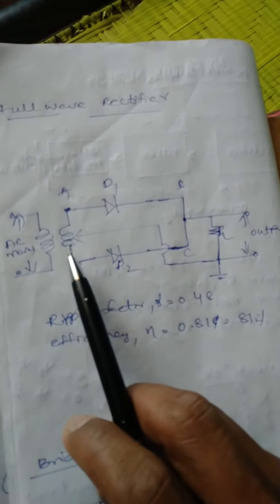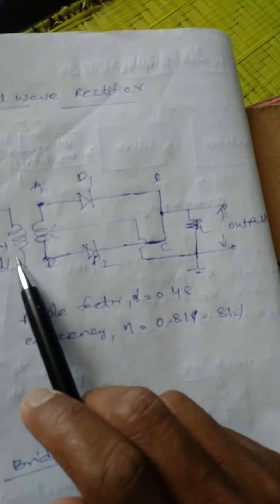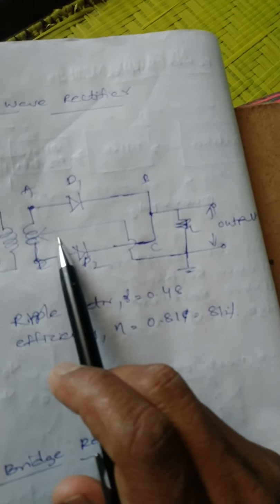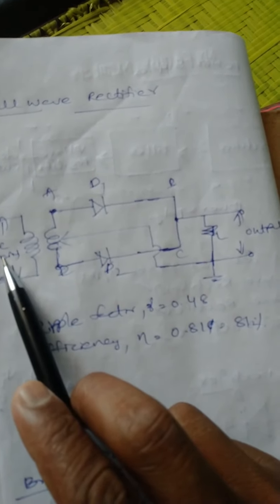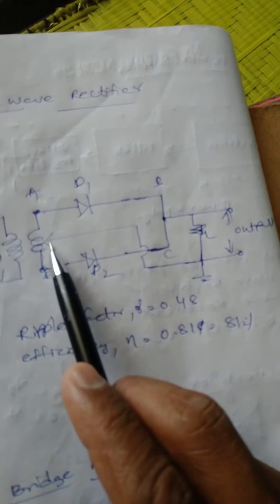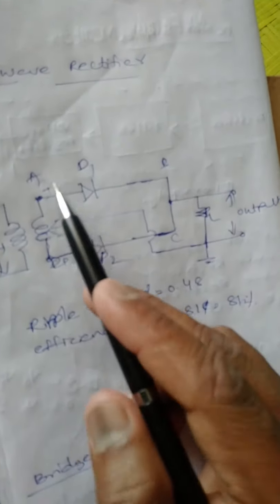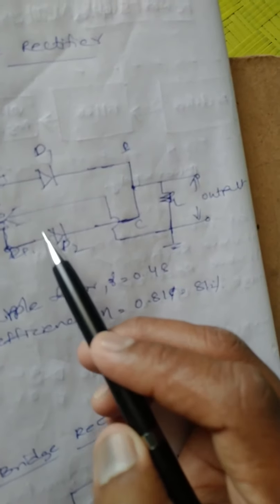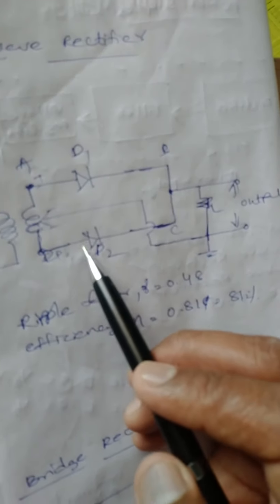The property of a transformer is to transfer power from the primary circuit to the secondary circuit. Here we apply 230 volts, and here we will get 5 volts AC, as already discussed. Here we are using a center tap transformer. This is plus, minus, minus, plus. The opposite of this will appear. Here if it is positive, this will be negative; if it is negative here, the opposite will appear. An inverted signal will appear. That is the principle of the